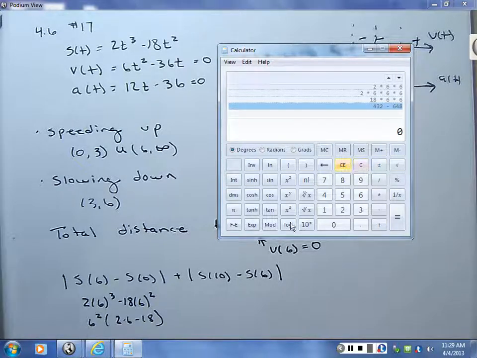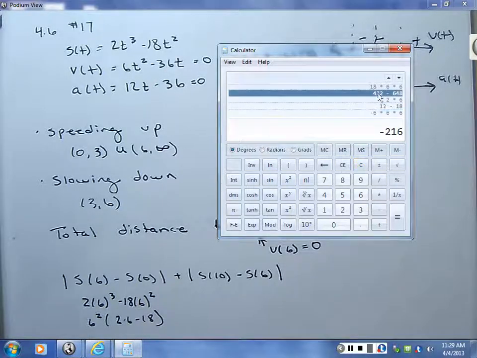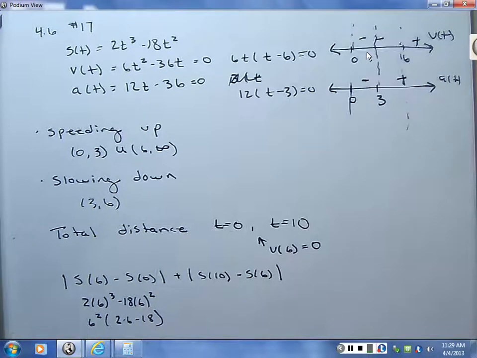If I factor out a 6 squared, I'm left with this, which is definitely positive. So why would I get a negative here? It is negative. Okay, so that's 6 cubed, right? What's that? 216, which is the same as what I got here. Okay, so this would be 216